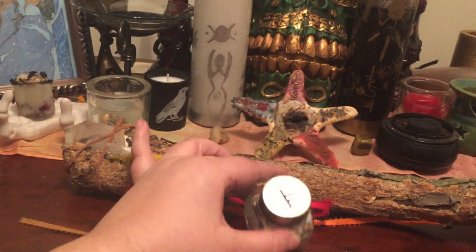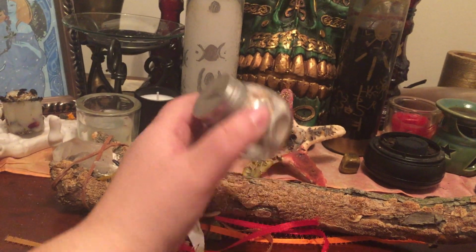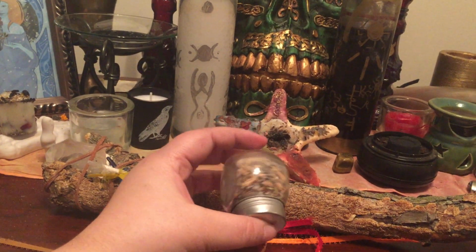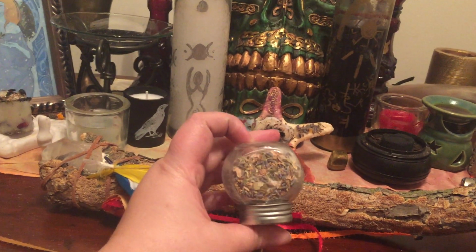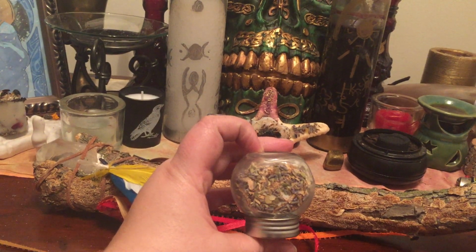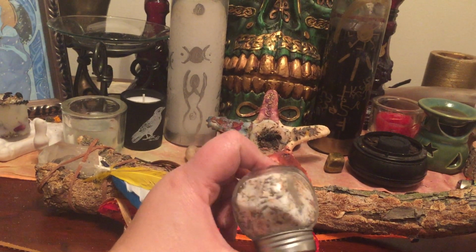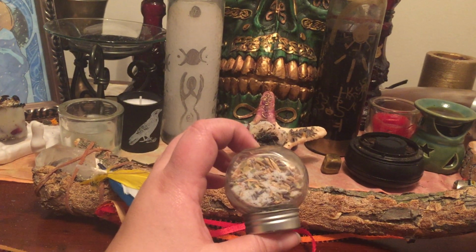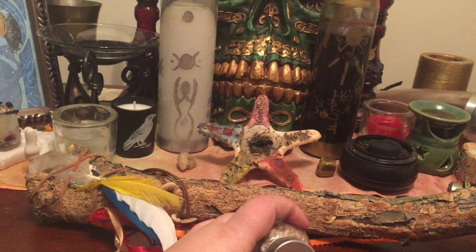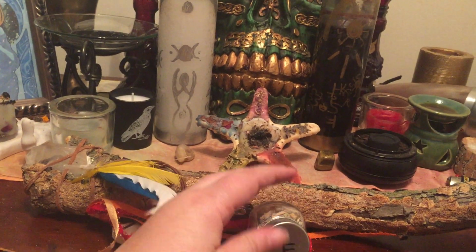You may have noticed I have little jars like this around my altar. This is something that I came up with to create a circle of salt. I've got salt, lavender, bay leaf, angelica root, and I think that is it. Yeah, four items. And then I wrote the Ogham for protection on there. So I have that kind of set up around the altar to keep